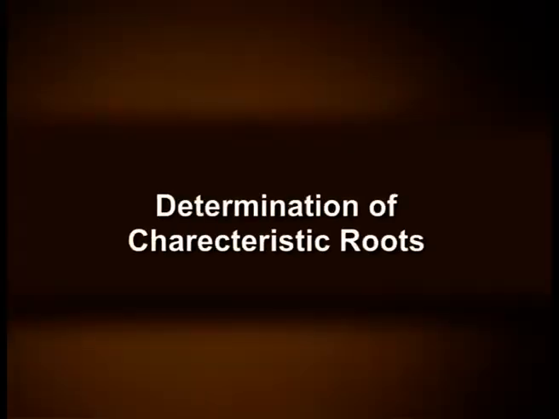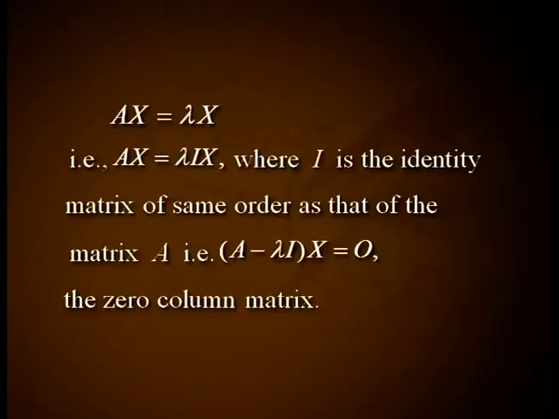Determination of characteristic roots. Let the non-zero column matrix X be a characteristic vector associated with the characteristic root lambda of a square matrix A. Then we have A X equals lambda I X, where I is the identity matrix of the same order as that of the matrix A, that is (A minus lambda I) X equals 0, the zero column matrix. Since X is not equal to the zero matrix, we deduce from the above matrix equation that A minus lambda I is a singular matrix and hence its determinant is 0,